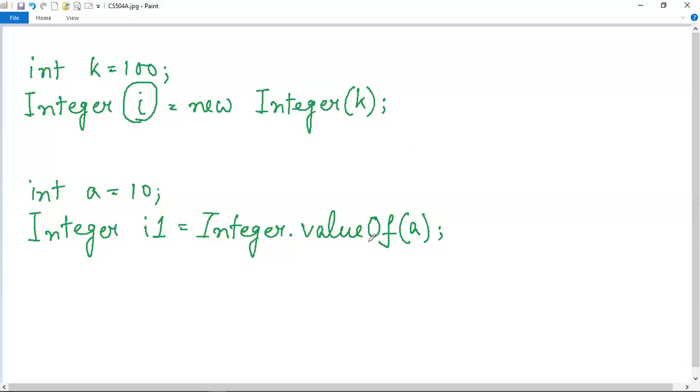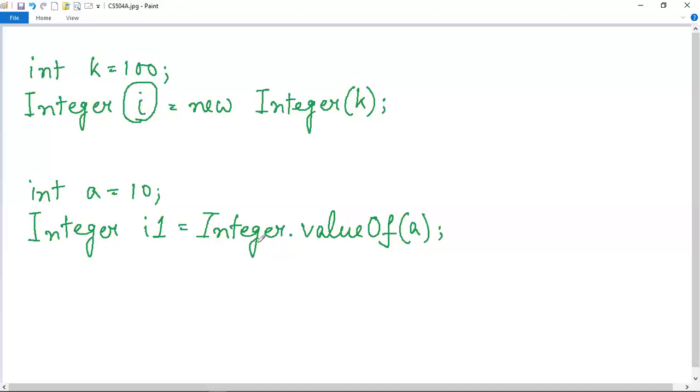Basically the valueOf method will actually convert this primitive variable into an object of this Integer class, which is a wrapper class for this primitive data type. This method actually resides inside this Integer wrapper class.